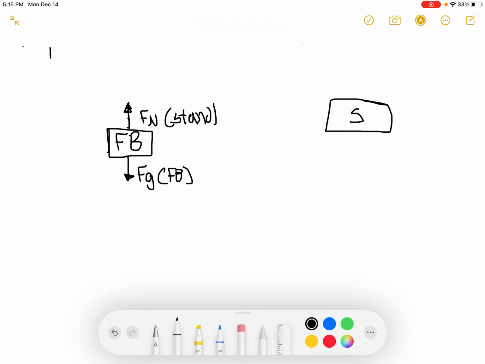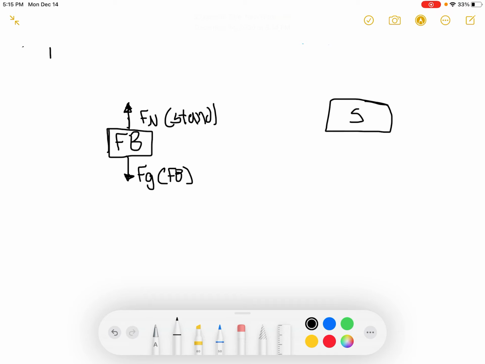But there's also going to be another gravity force down, and it will be of the fishbowl, because the fishbowl is on top of the stand. And then there's going to be a force up, a normal force of the ground,